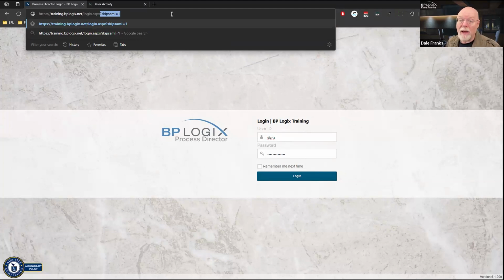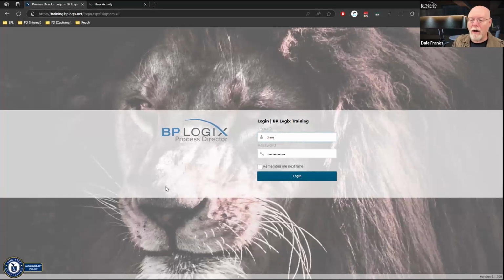And it will, in fact, allow you to get directly to the login page of your Process Director system. So you do need to have the fully qualified URL that points you to the login.aspx page, and you do need to have the URL parameter skipSAML equals 1. But when you go there, it will stop the redirect.